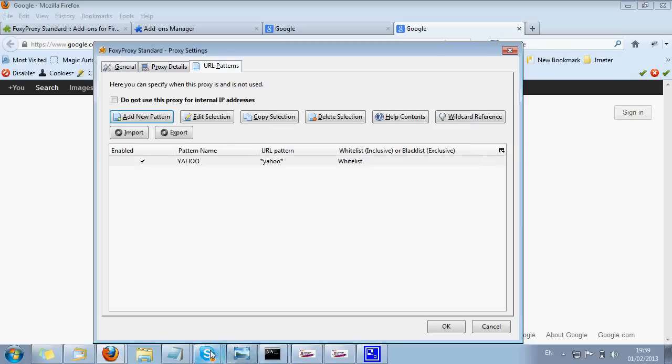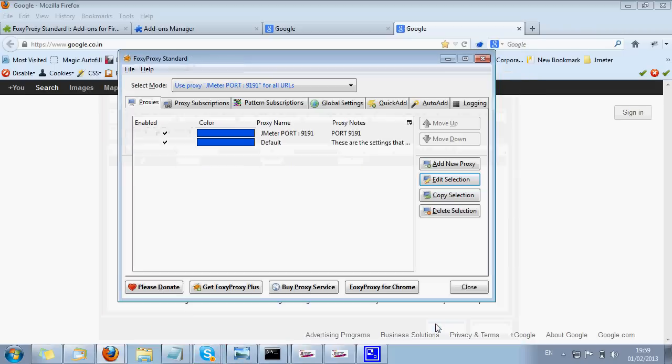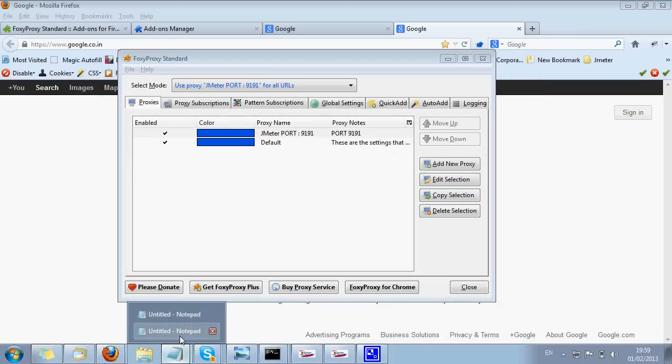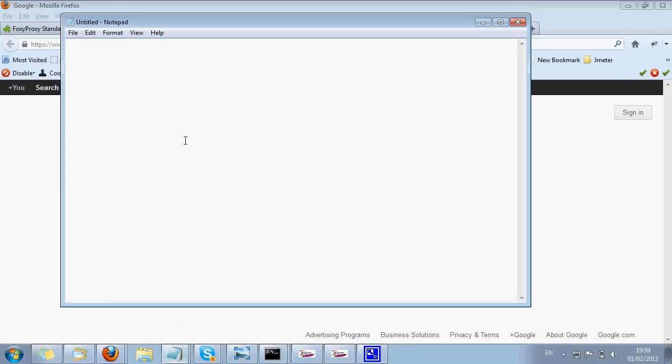Let me write down that Yahoo is going to be recorded under port 9191, and except Yahoo, any other URL is going to be recorded under port 8080.